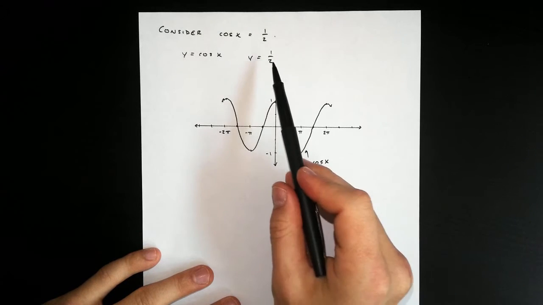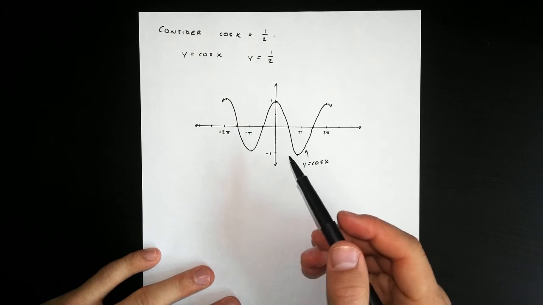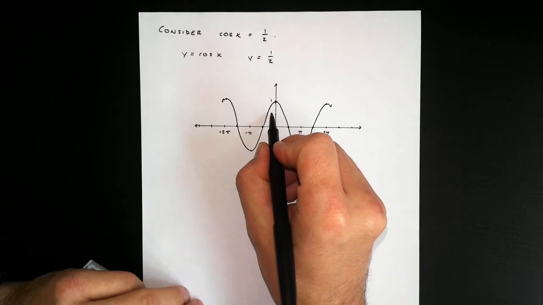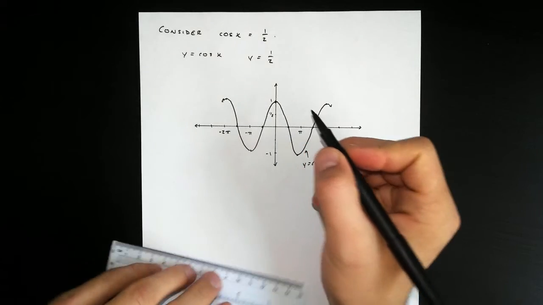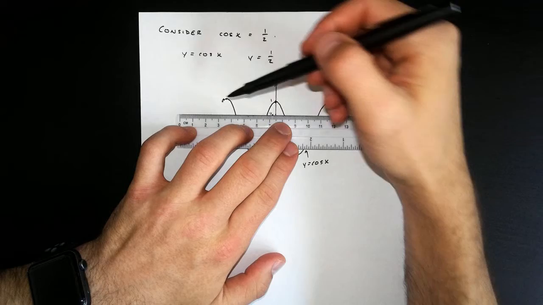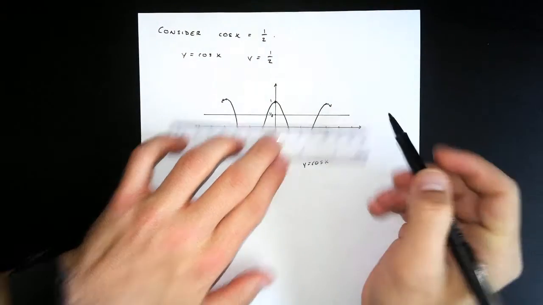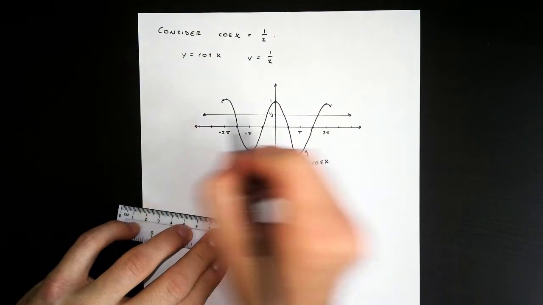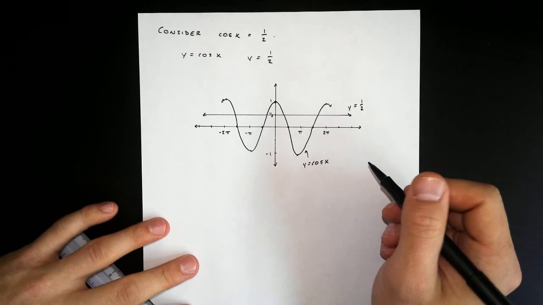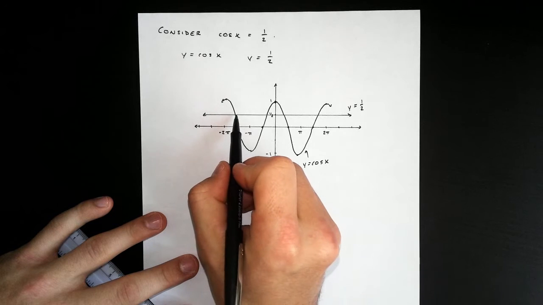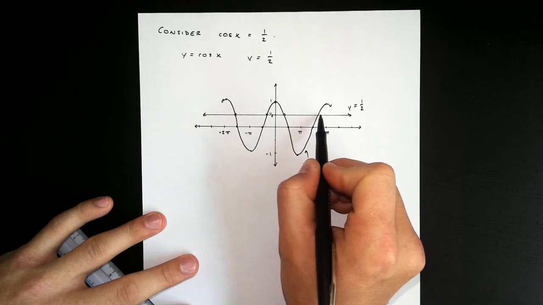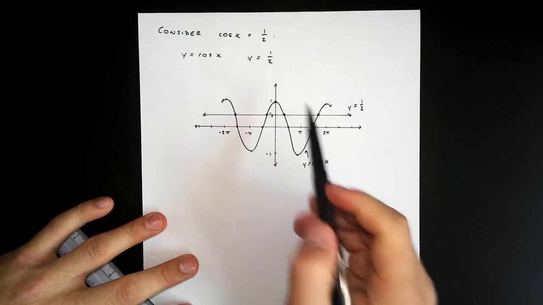Now let's graph y is equal to 1/2. Y is equal to some number, that is a horizontal line going through the y value of 1/2. So we have this horizontal line here. Okay. So everywhere where we have a point of intersection on both of these graphs, that represents a solution to